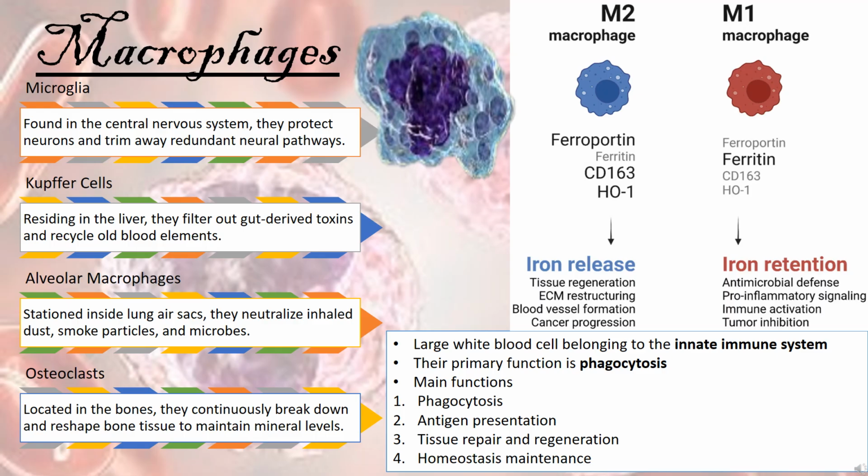This fuses with a lysosome filled with harsh enzymes to dissolve the threat. Antigen presentation: after digesting a pathogen, they display pieces of its proteins, antigens, on their surface. This alerts and activates adaptive immune cells like T cells and B cells. Tissue repair and regeneration: they clear away dead cells and secrete growth factors that encourage new blood vessels and tissue